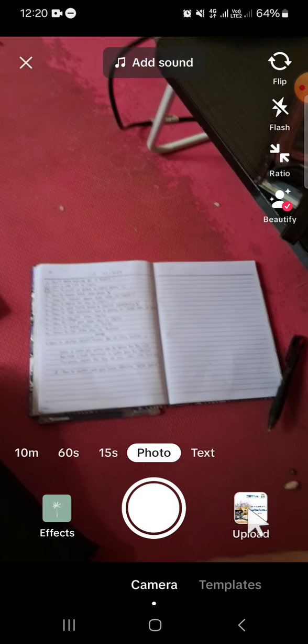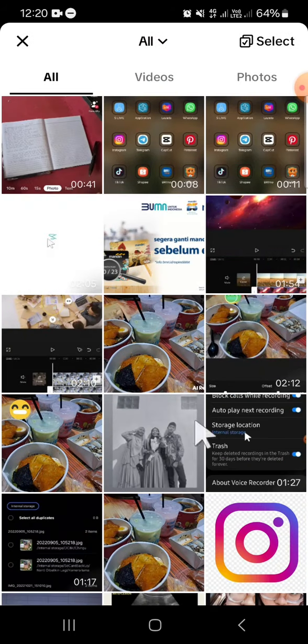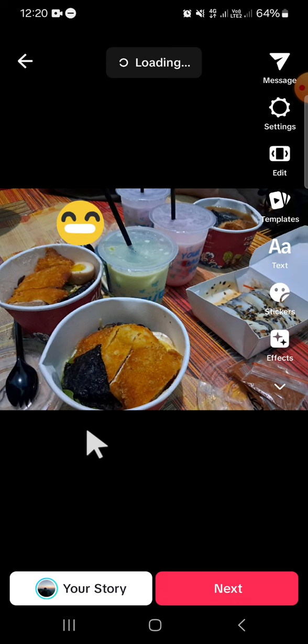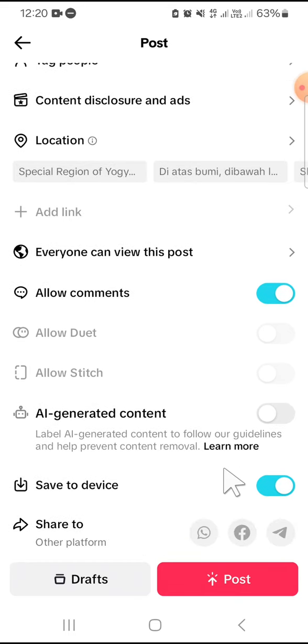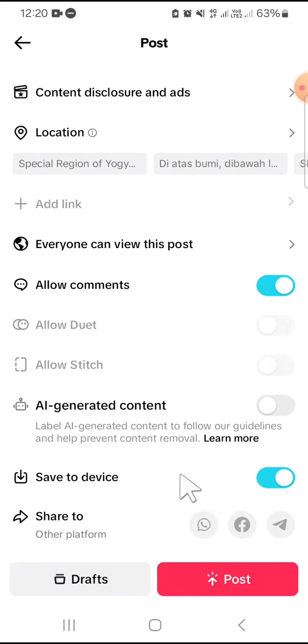photo from my device. So I'm just going to select this photo to be my TikTok post, and we can click on next. And if you want to disable autosave when uploading TikTok posts, make sure that you disable this feature, guys. You have to turn off this feature, the save to device feature. If you want to turn it off, you just need to click on the circle button, and right after you disable this feature, your content or your post on TikTok won't be automatically saved to your device, and you have